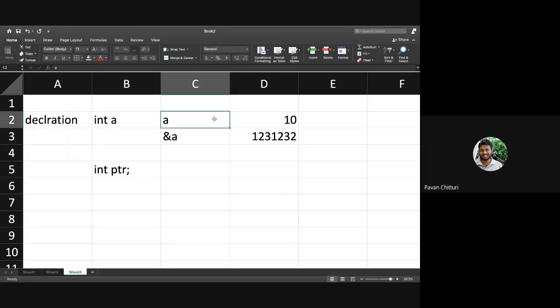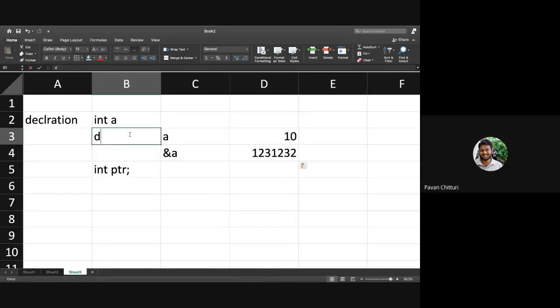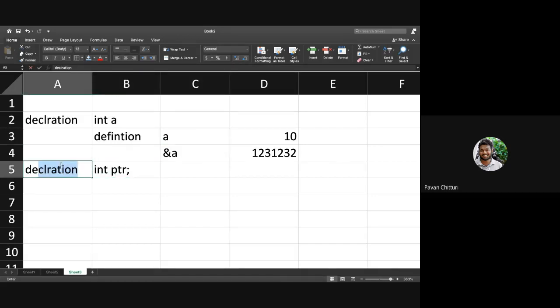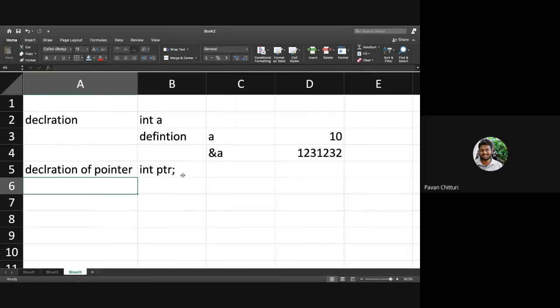If you write the same step here, this is definition. This is the definition of this particular variable, and this is the declaration of a pointer. Declaration of pointer ptr. So int ptr.